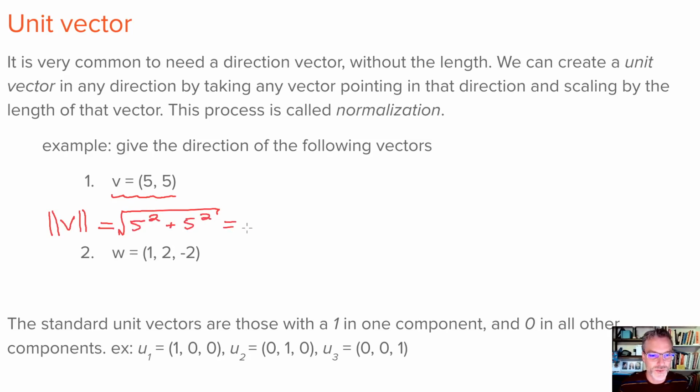Okay, so this is the square root of 50. That's the length of v. Now, if I want to what's called normalize this, change the length of the vector from square root of 50 down to the length of 1, all I have to do is divide through by the length. Okay, so this would be 1 over the square root of 50,